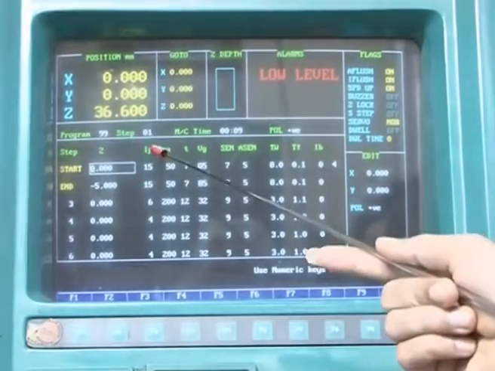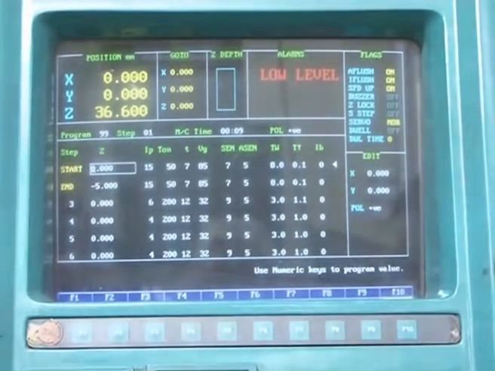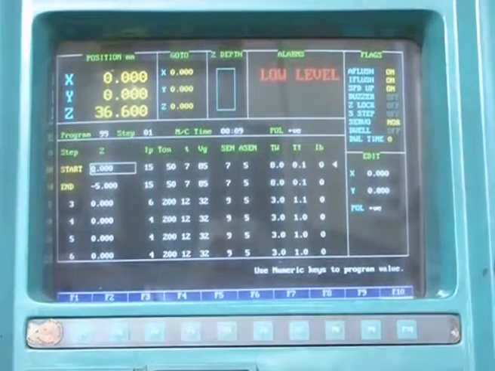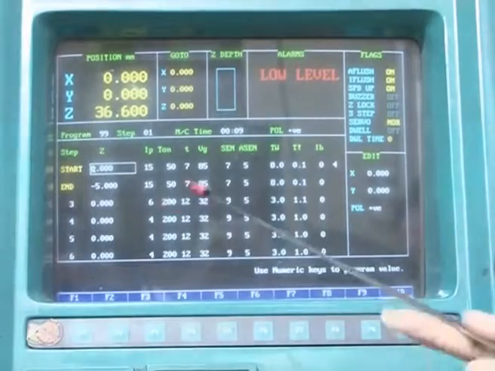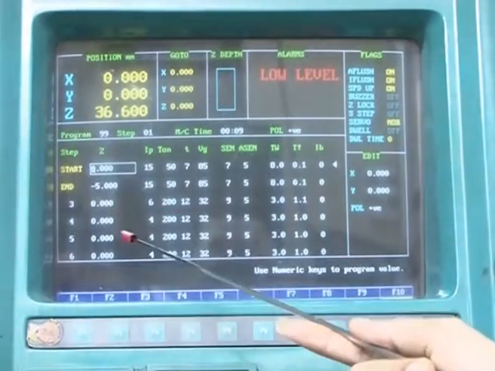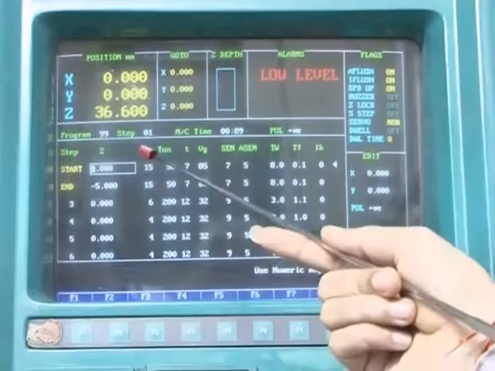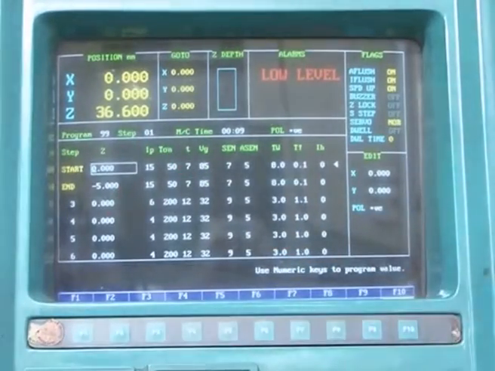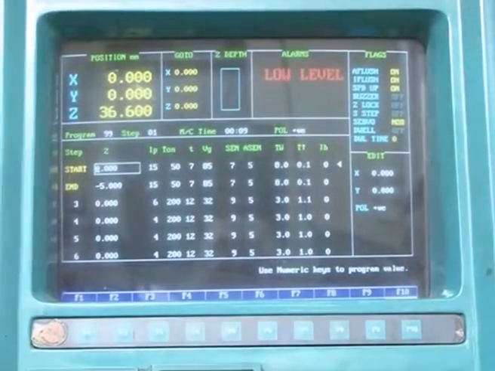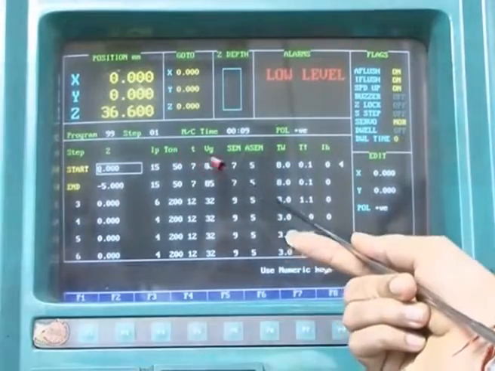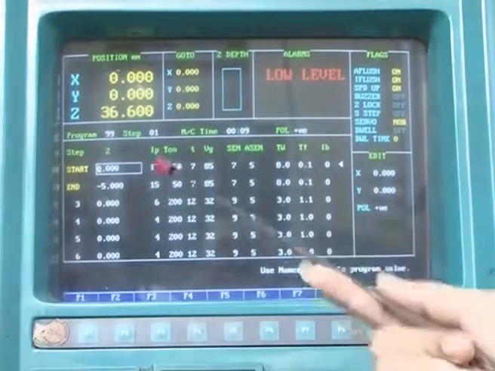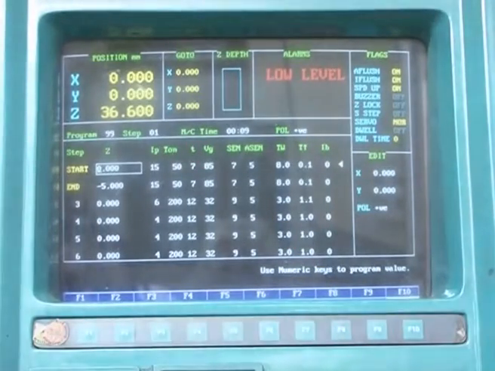This is IP, the input current. If you increase this current, then machining takes place at a higher rate and the surface roughness will increase. So according to the process requirement you can set a higher or lower current. The second one is T on, the on time. T on is how long machining can take place in a particular cycle, so that sparking can take place. The third one is T off, the off time, because in the EDM process there are on time and off time.